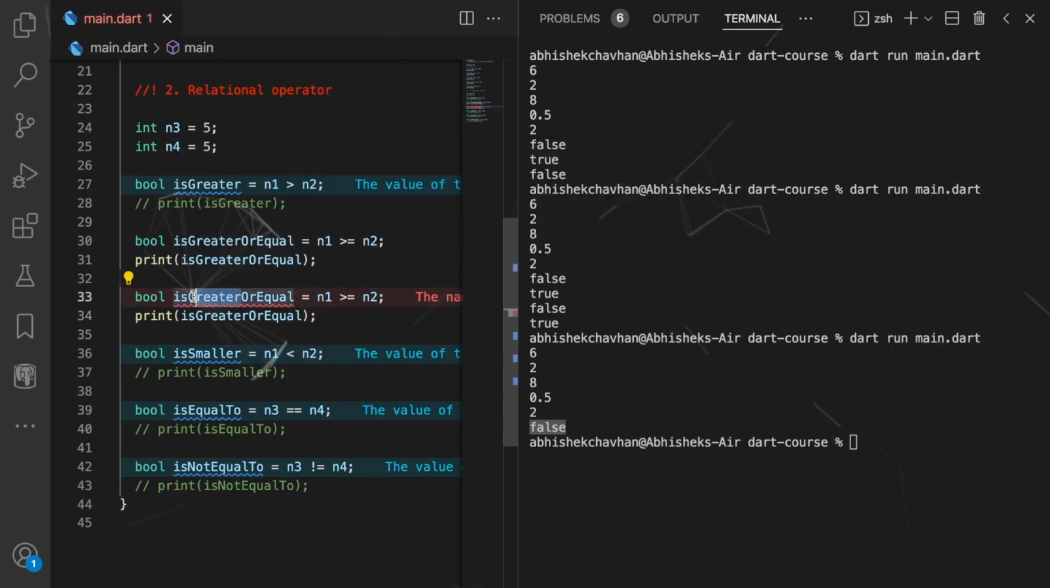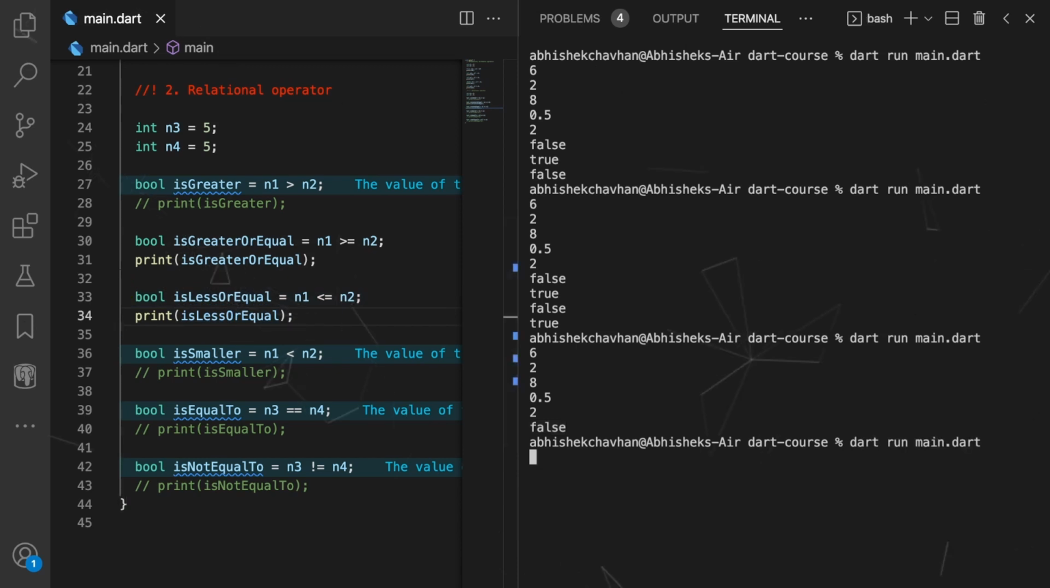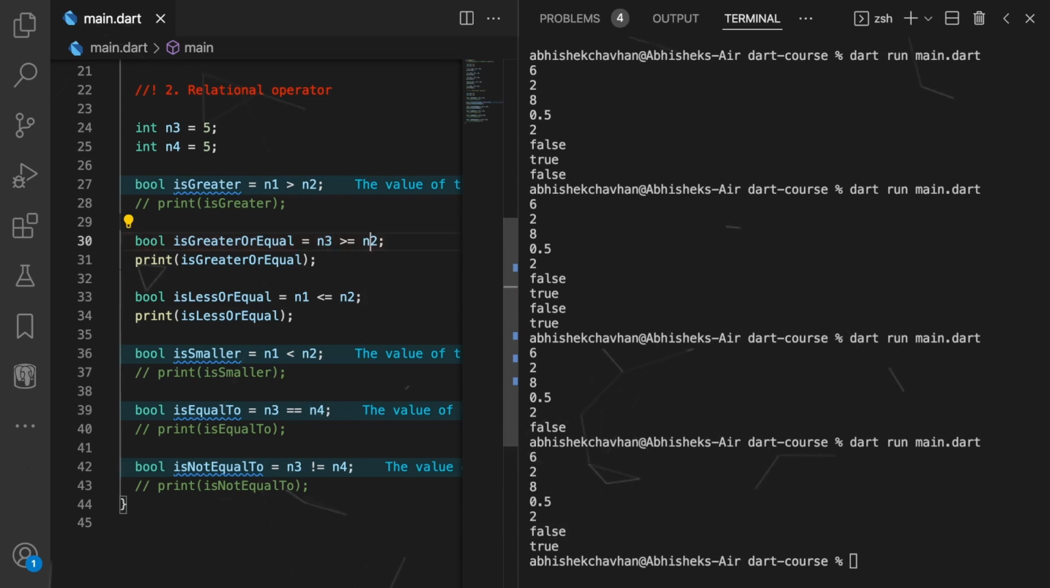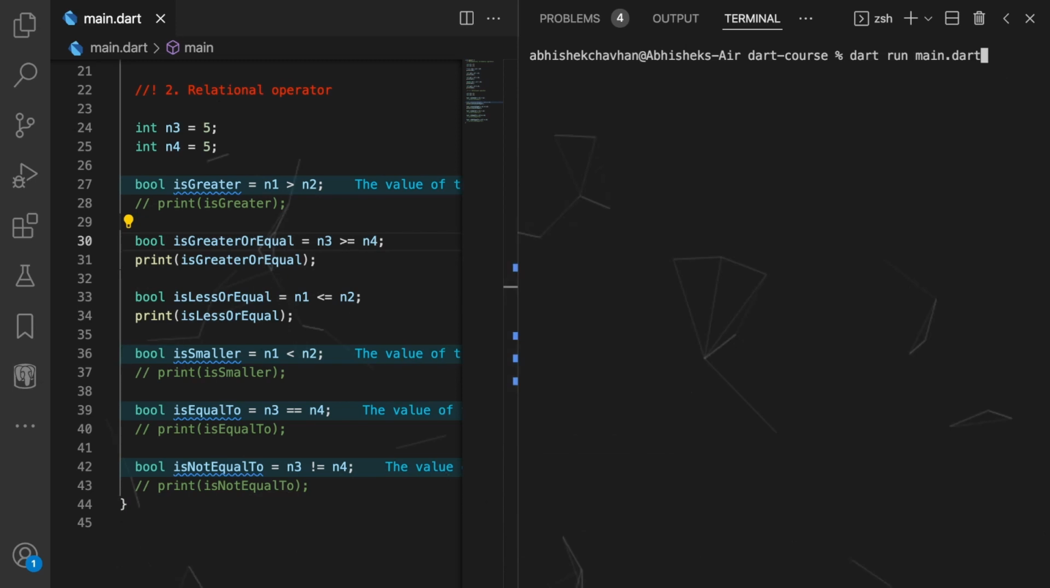Let's say is lesser, is equal, is lesser or equal, and if I try to run it, alright, let's try to use the n3 and n4, my bad, let's say n3 and n4, and now we will be getting the same result which will be true itself,